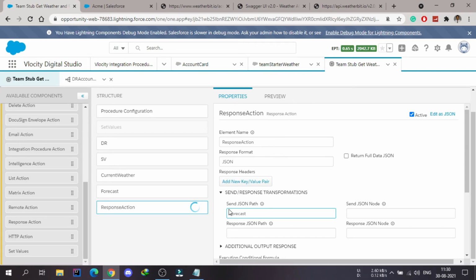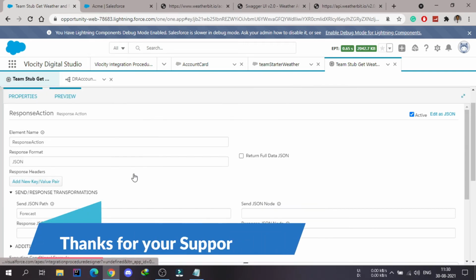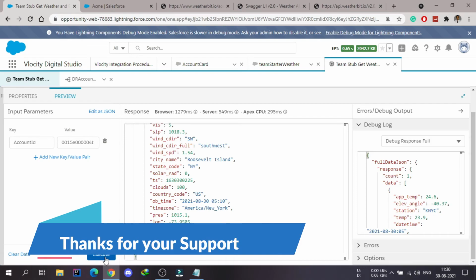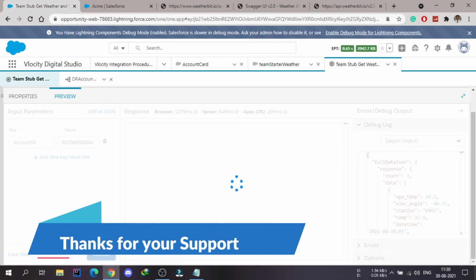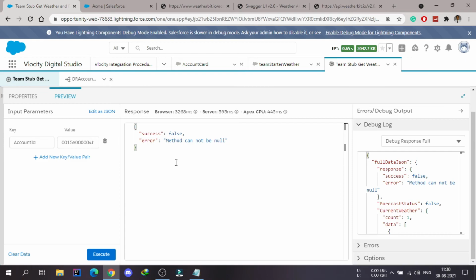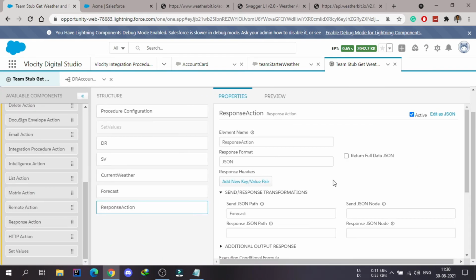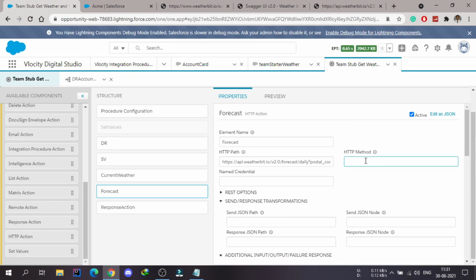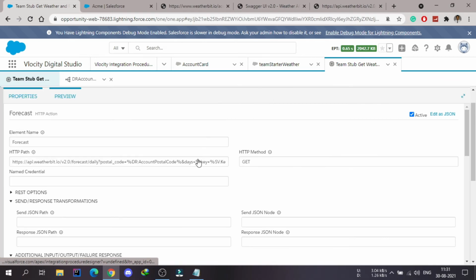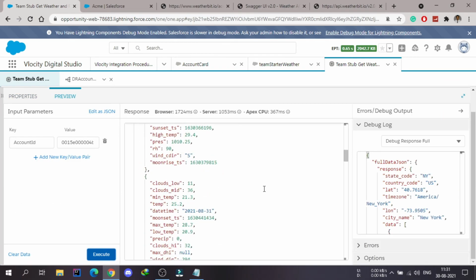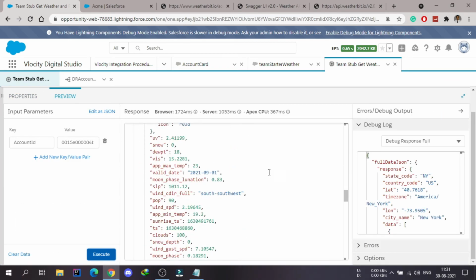If I use the forecast and preview it, you will see that the same thing is getting returned here. Again, we have not provided that method, that's why it's showing some error. So I will provide this as get, and then I will preview it. You can see that now it is returning some data.